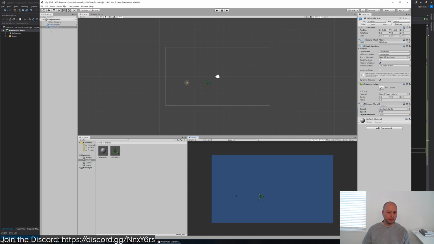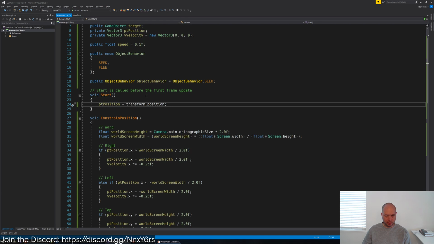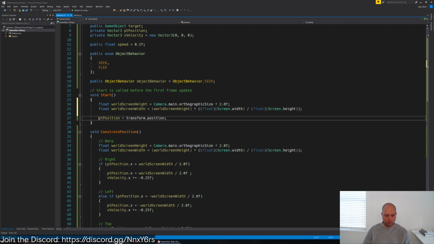Now the issue with, so now we have a bunch of these. Let's move them around a bit. In fact, how about we do the following, and this is going to be a fun thing to do. Instead of point position equals transform position, we can use this same little technique here, and we can randomize the height and we can randomize the value. Great. Value times world screen width, height,